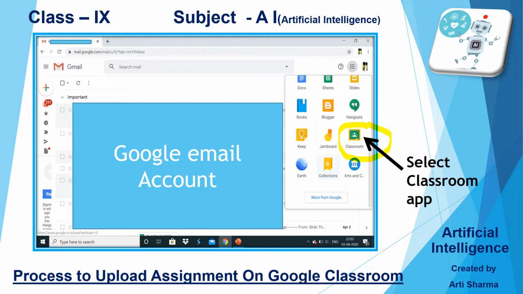You can see this green color icon. This green color icon depicts Classroom. This Classroom is Google Classroom where we want to upload the assignment. Now we need to click on that. We need to select the Classroom app.